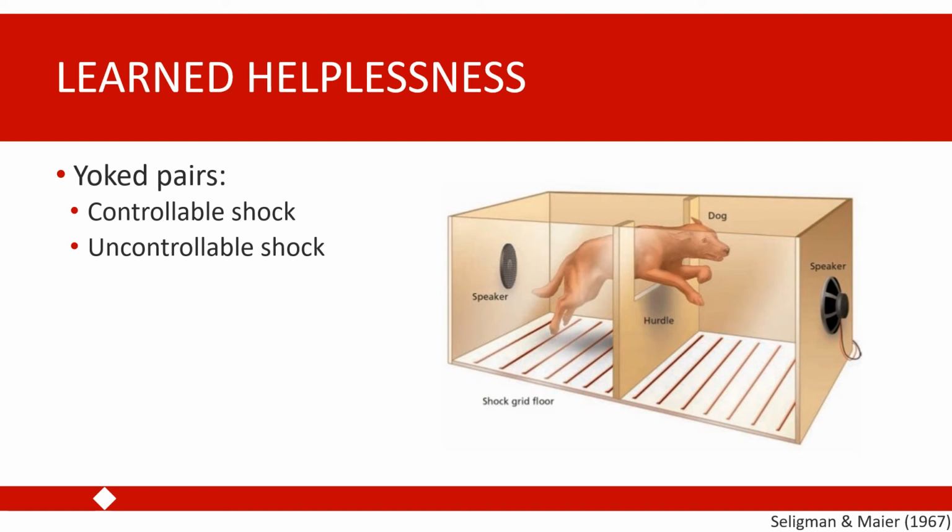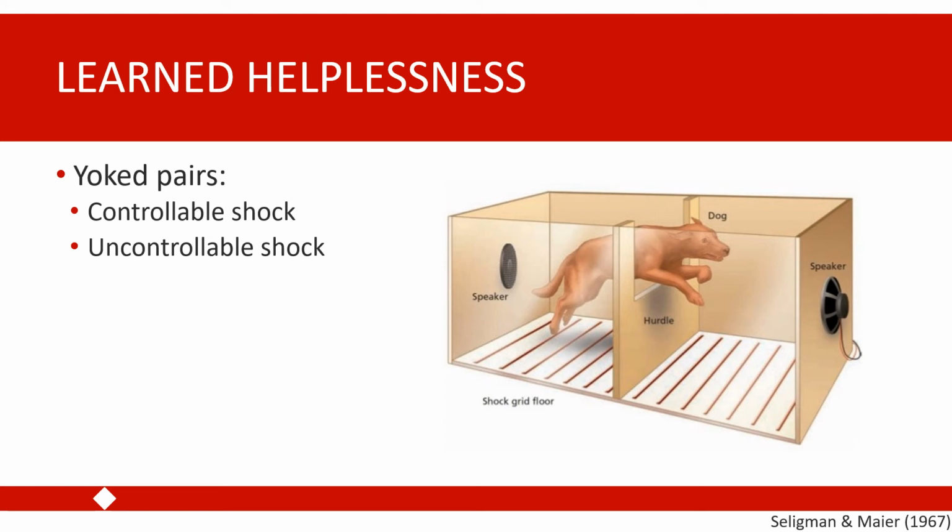However, the most important findings come from the second half of the study. In the second half of the study, all of the dogs were put into the chamber, but in this second half, all of the dogs could control the shock. When they put the first group of dogs into the chamber, the dogs very quickly learned to engage in the behavior that would end the shock. So they continued to demonstrate learning new behaviors and acting in ways that would control their environment and eliminate the aversive stimulus.